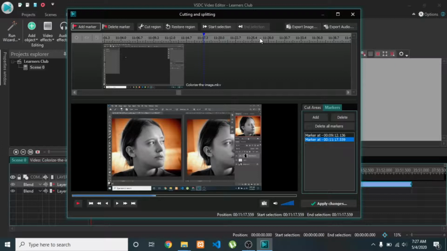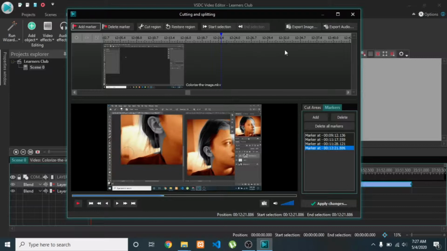For example, I want to add it here, so you can bring the handle, that blue handle, to this point and again add the marker. And I am defining another cut area for the video, so I will again add it here and ending point here, so that later on I can cut the region of the video all at once.